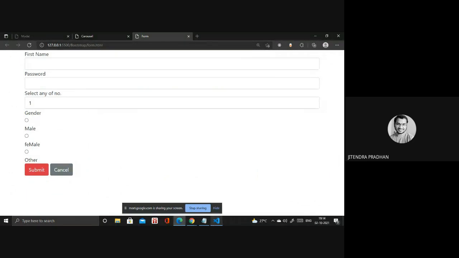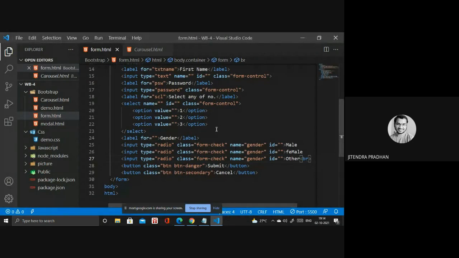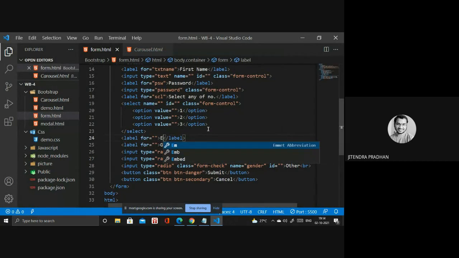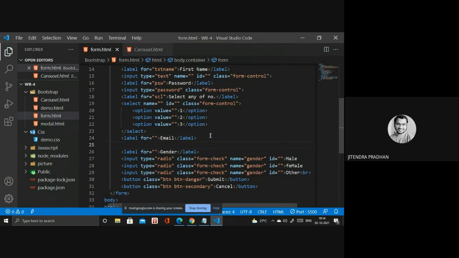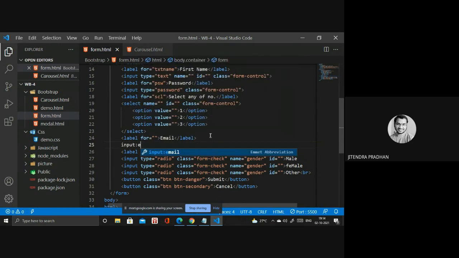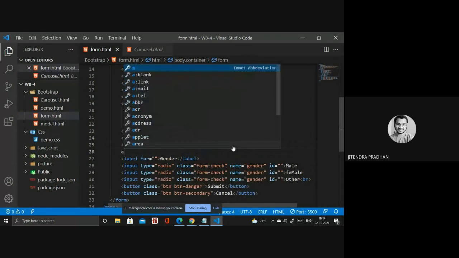Okay, and if you want any particular email, then you have to use the email as well. Label email, and input. Inside you have to use email. Someone asking me how to mail to that, I will do it. It's an anchor.